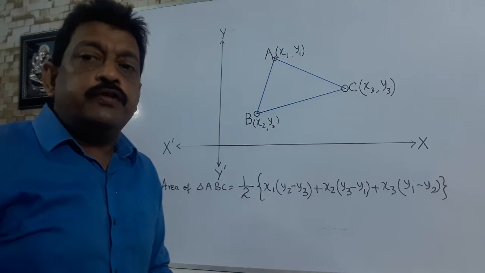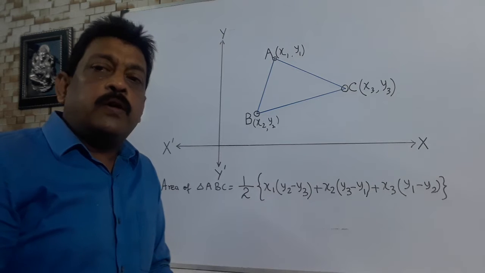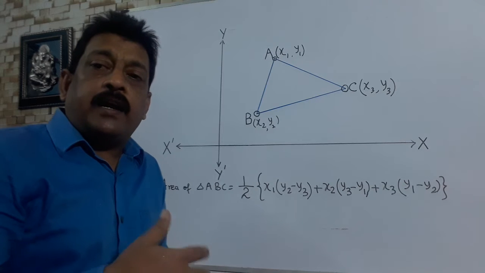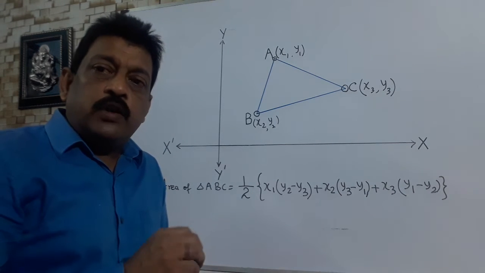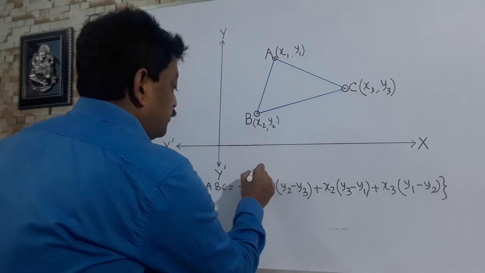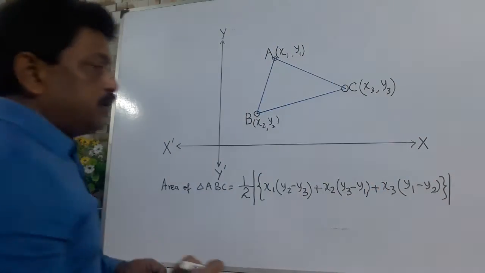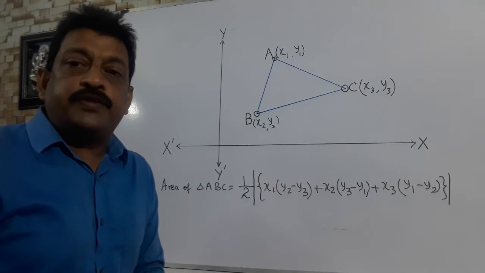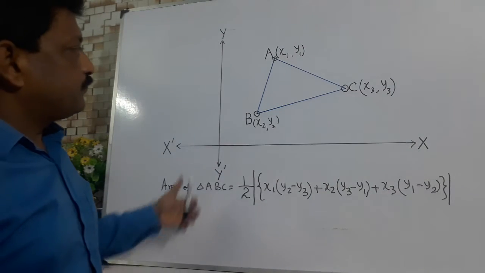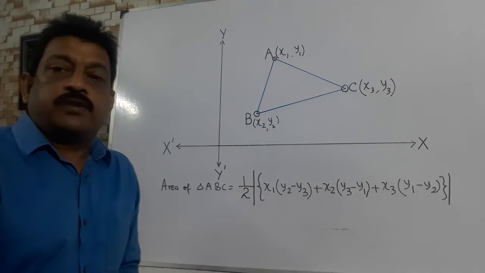Now sometimes you will find that the answer of area is coming in negative, but we all know that area cannot be negative. So either we find the area and at the end of the answer we write the statement with positive value, or we can put a modulus sign here. This means only the positive value of the area. So this is the whole thing, the figure, the formula. Just go through it. I'll show you how to solve a problem based on this.